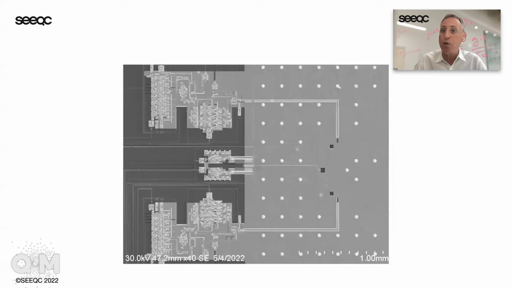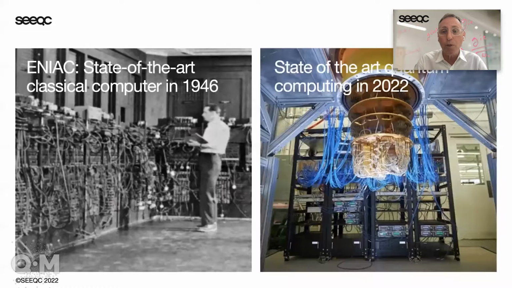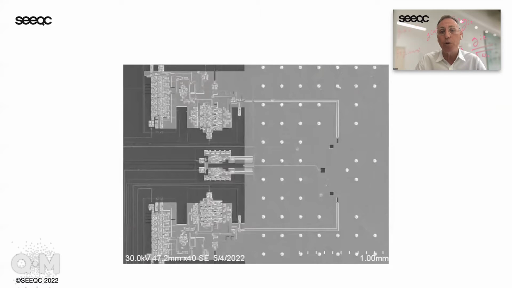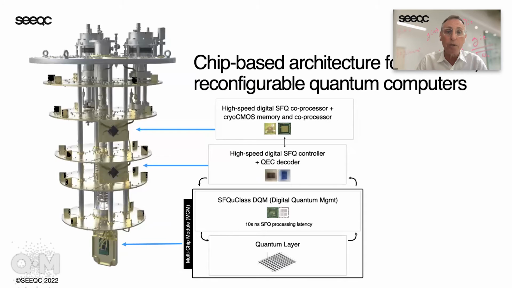So imagine for a moment, if we go back to what this looks like and all the electronics that are needed to do that, and imagine you can put this in a multi-chip module where we have 5 picosecond latency between readout control and the quantum layer, and that you can do this in a way where we can operate at 20 millikelvin with control readout and control electronics. And then this is what an entirely chip-based architecture looks like.